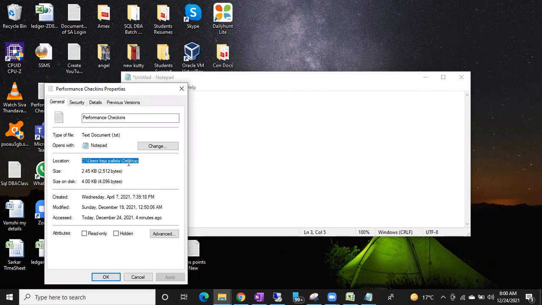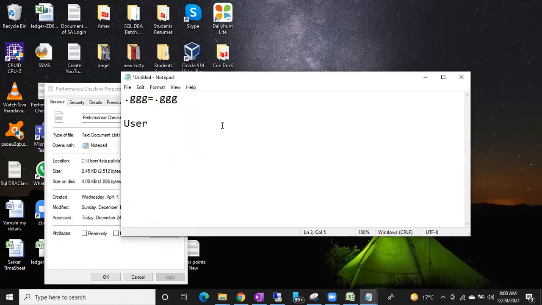In this drive, who can go inside to delete the file or to scan the file? Admin. Who can go inside this folder? The service can't go. The service will help you to run the service. On behalf of the service, one user will go to this folder and check it. So that means only users will have access to the folders. So that is called a user account. A user account, you can call it a service account.